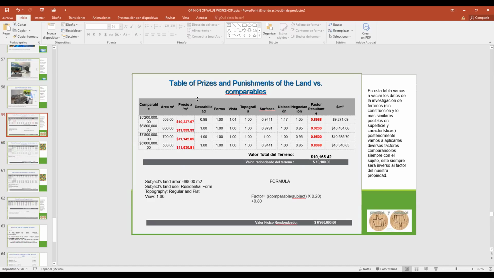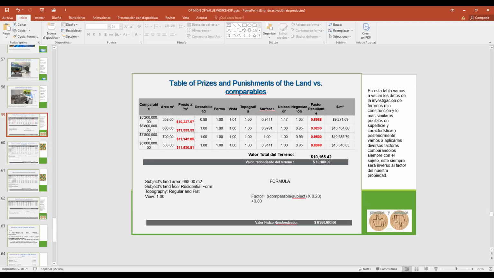For example, in this table, the price of the land will be 10,165 pesos per square meter. Rounded, it's going to be 10,100 per square meter.